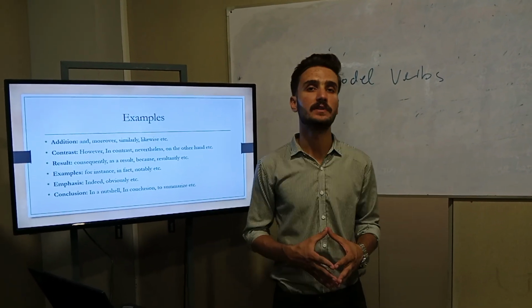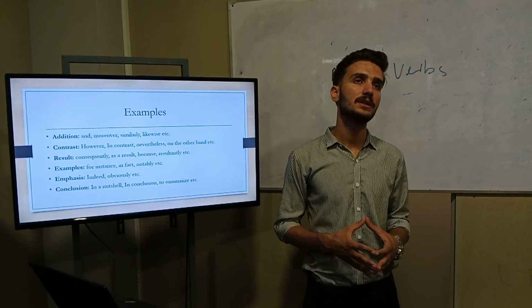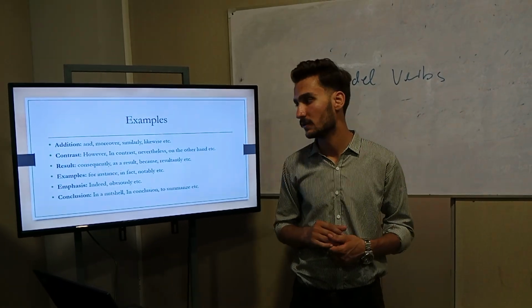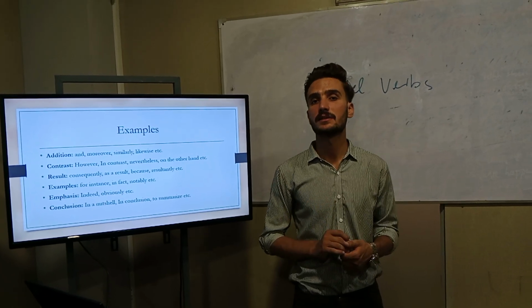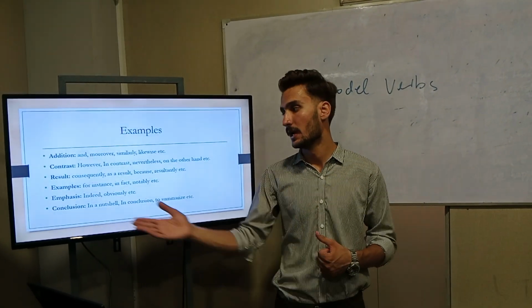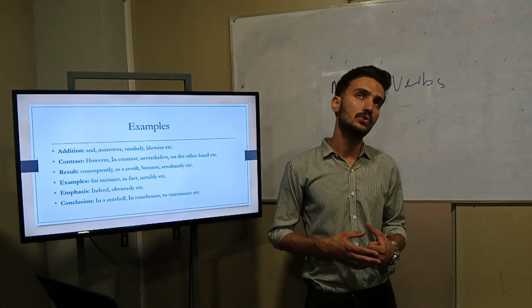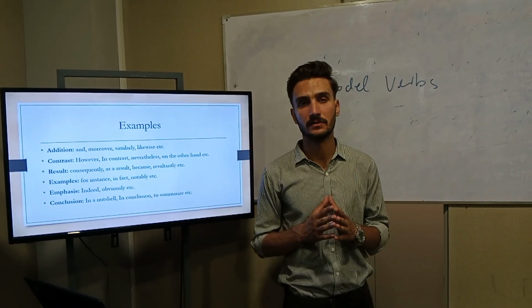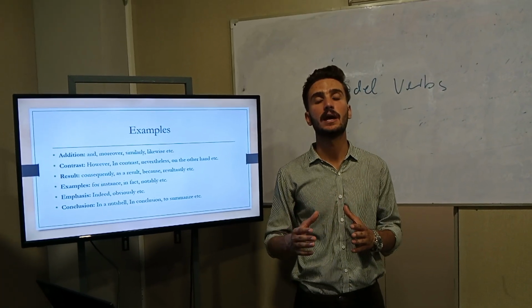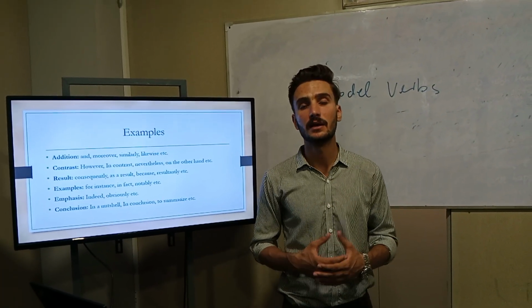Next is emphasis. Emphasis means when you emphasize something, you intensify something. Indeed, this task is important. So in this sentence, you are emphasizing the very task. And conclusion, you have multiple words in order to start a conclusion. For example, you say conclusively, in conclusion, in a nutshell,